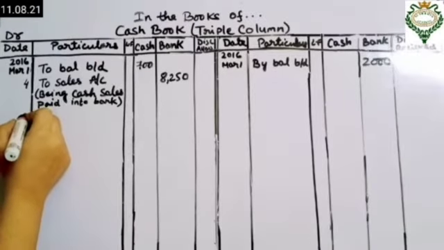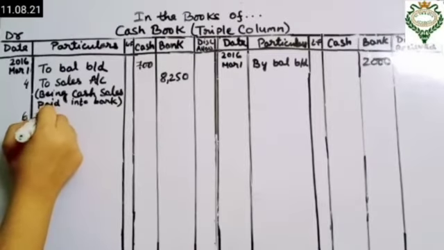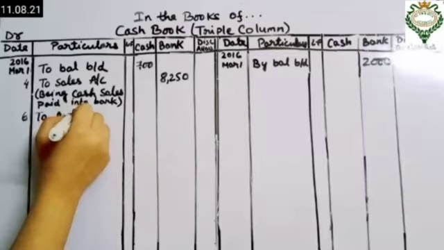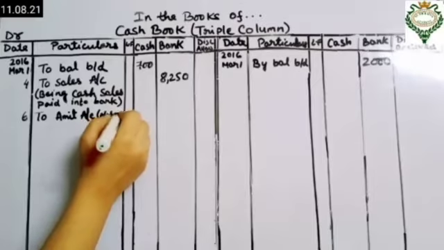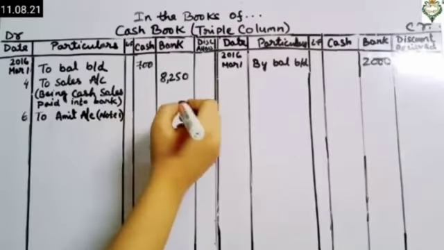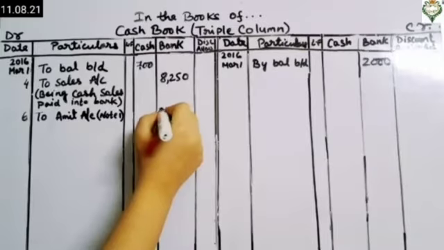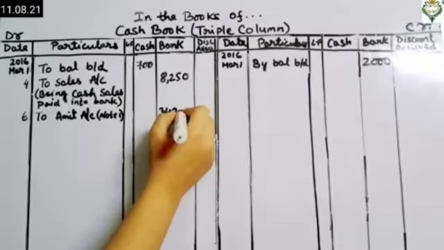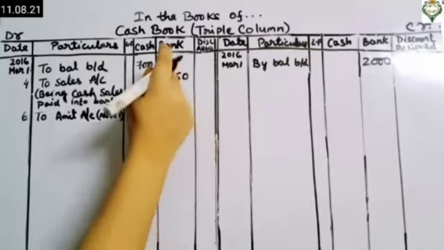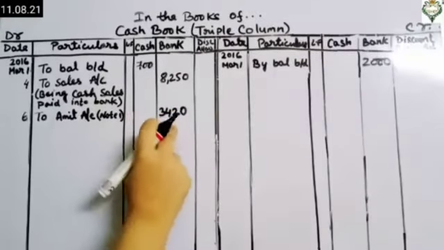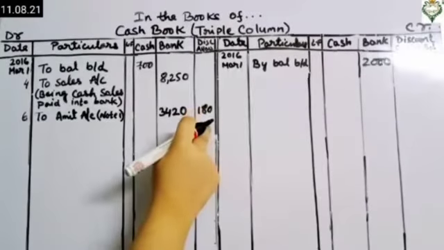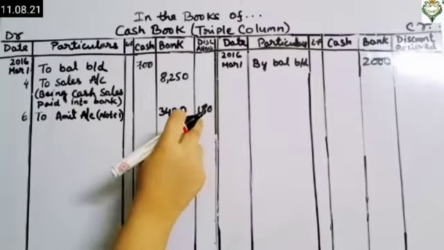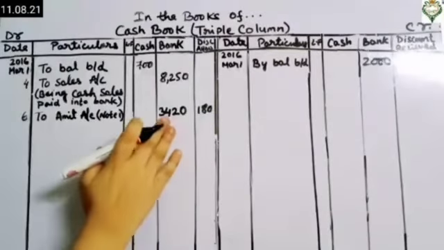So just write the date 6 and then we have to record like to Amit account. You can see the note 1 that we have done. And we have to record at the bank column because we are getting the money through check. That's why we have to record at the bank column. We are getting the cash into the bank and we have the cash discount of 180. We will not record the trade discount. We will record the cash discount 5% because trade discount is not recorded in the book.